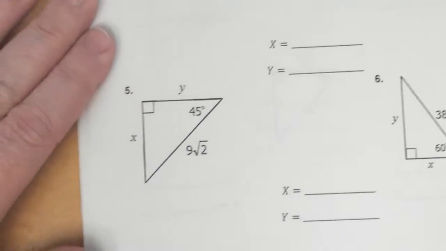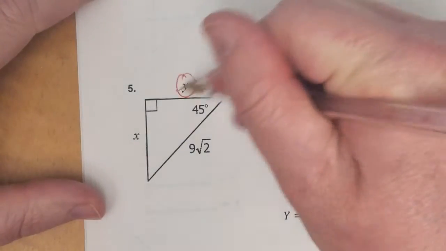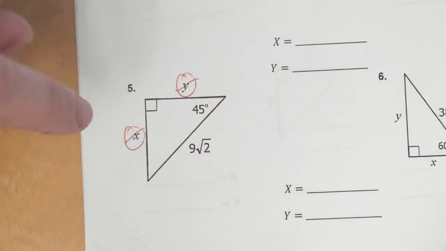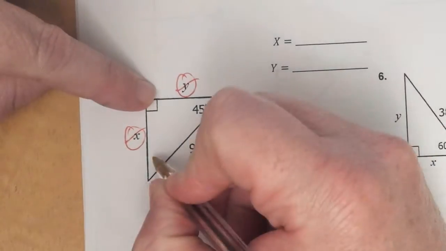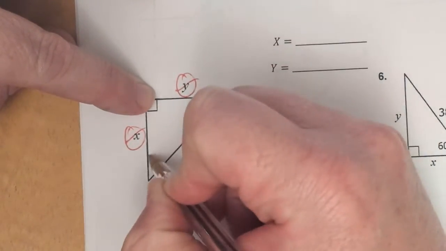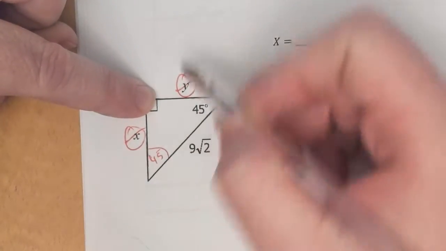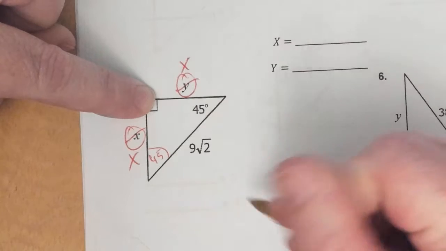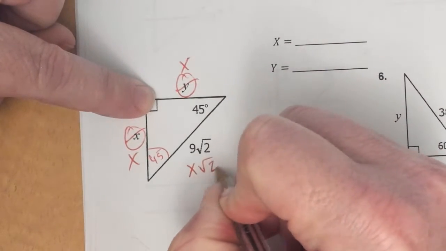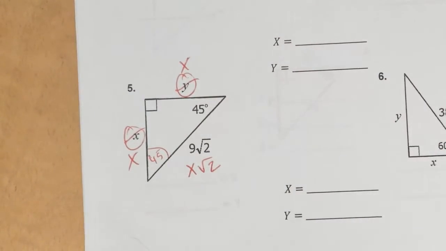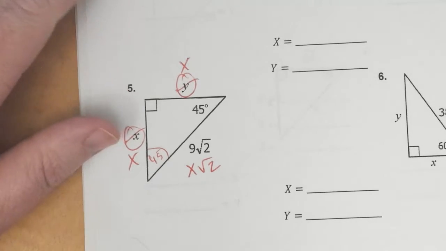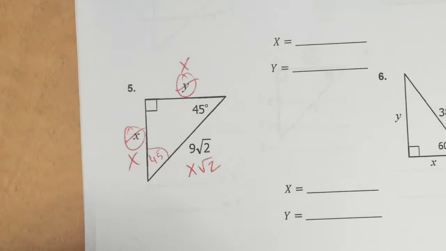All right, number 5. Step 1, ignore your variables. Step 2, label. The 45s are right here. So when I put my finger on the 90, the two sides I'm touching are x, and the third side is x radical 2. Hopefully you guys did okay with that. Sweet. Now that we know what those answers are,